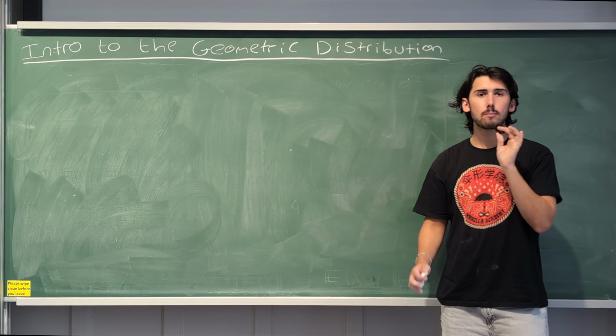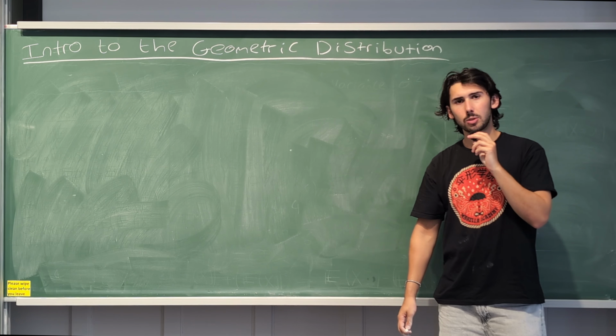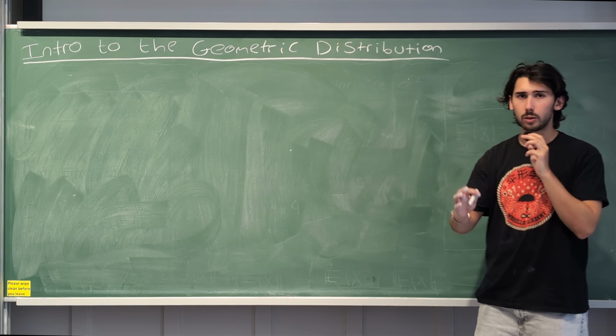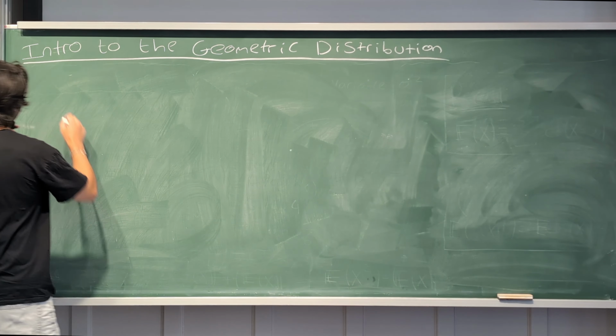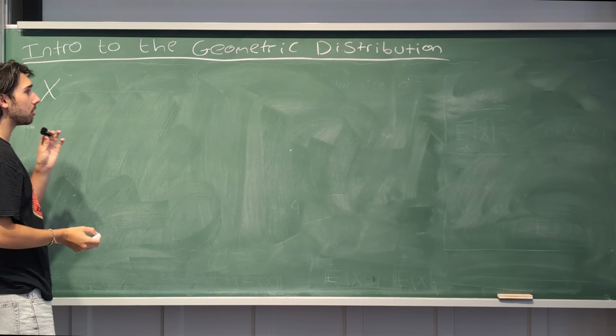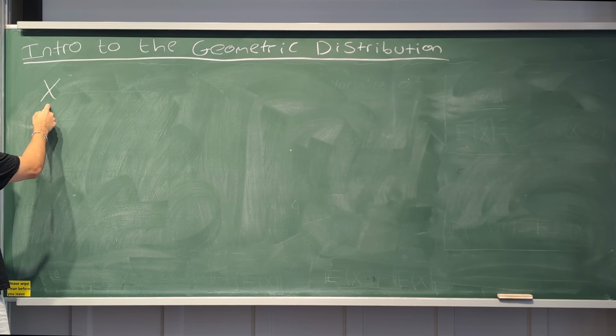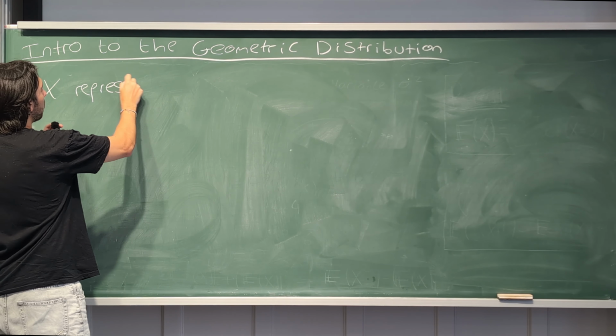Let's write out the probability distribution, which hopefully you're pretty familiar with. Link in the description to my probability playlist where I've got lots of content on this. But let's write out the probability distribution of that. So what I'm talking about here when I say the probability distribution is I'm going to say that I've got a random variable x, and in this case, it represents